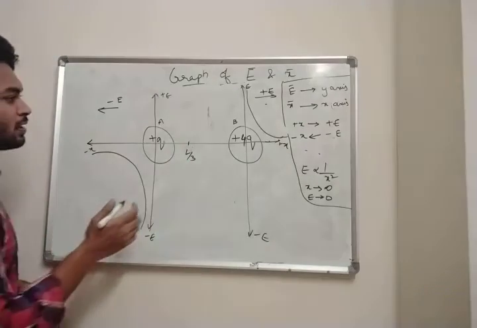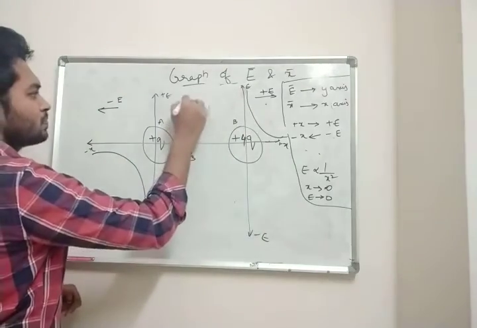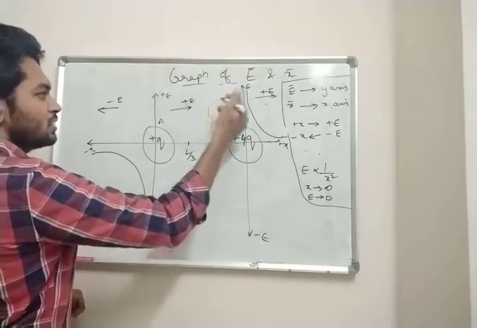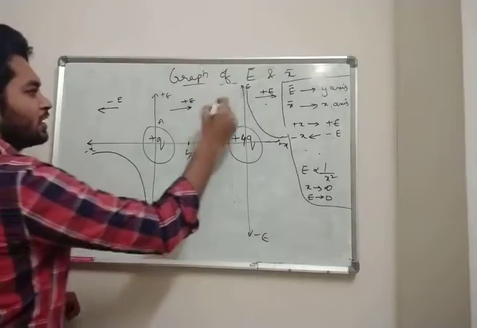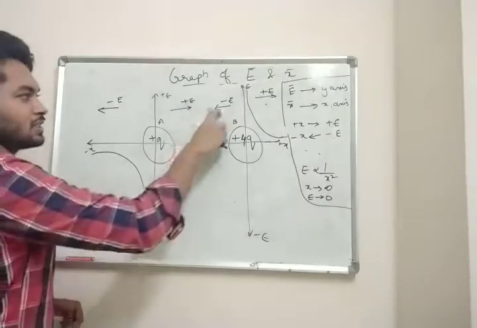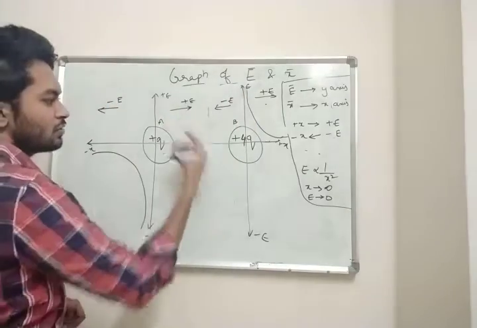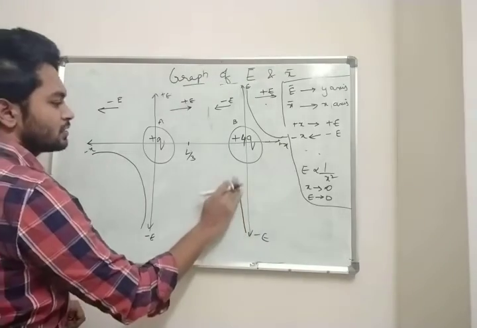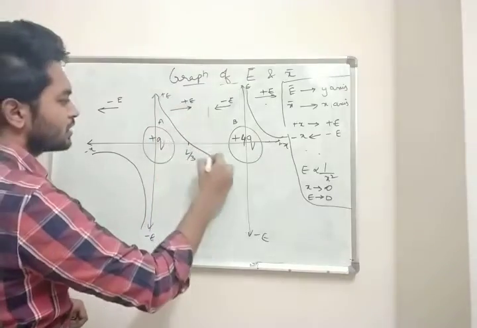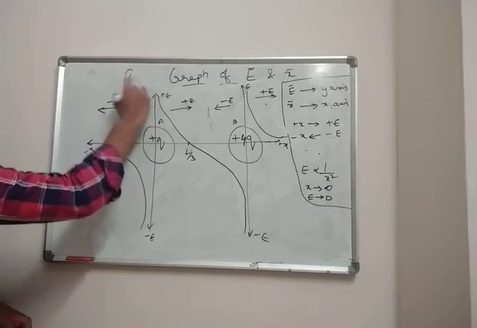Now what will happen? For this, the electric field is away. So this is positive E. For 4Q, it is in this direction. So it gets repelled, right? This direction is negative electric field. Just this sign convention: right side positive, left side negative. So your graph comes like this. Here positive. So this is L by 3. It goes and touches L by 3, and this is your graph. So this is the sixth example.